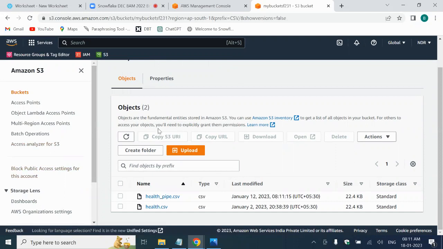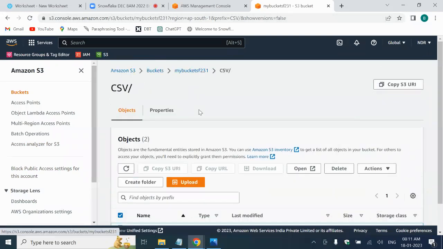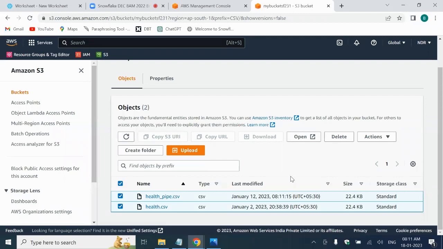So why do you unnecessarily need to run a copy command? Instead, let's assume in the CSV folder you get files once in the morning and once in the evening, and sometimes there is no specific period of time. We are not sure when the file is going to come into this particular path. In that case,